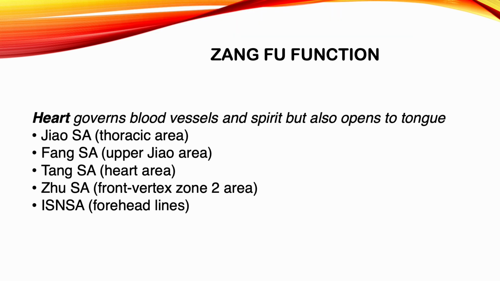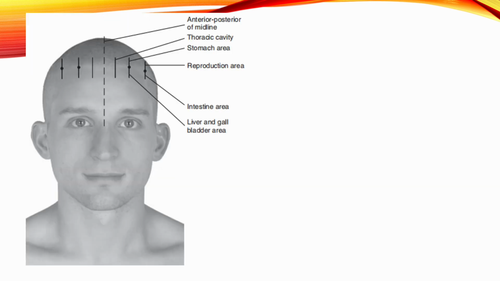Choose a point from the scalp acupuncture system based on Zangfu function. For example, the heart governs the blood vessels and spirit, but also opens to the tongue. So, if a disease is associated with the blood vessels, is associated with a mental condition, or is located on the tongue, we will choose a point associated with the heart, such as using Qiao scalp acupuncture, thoracic area,